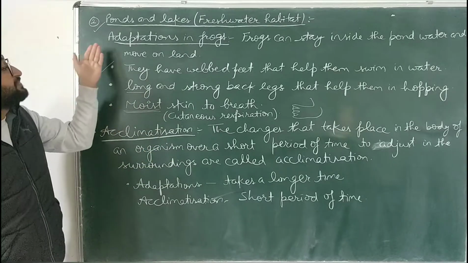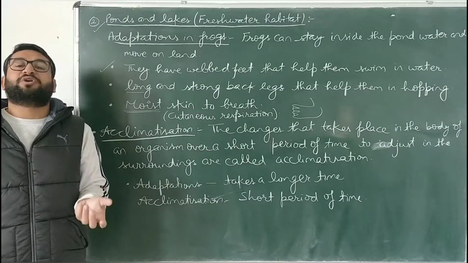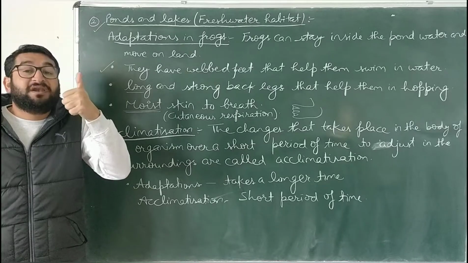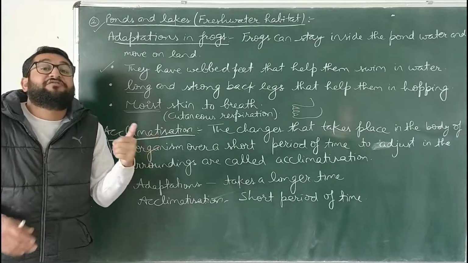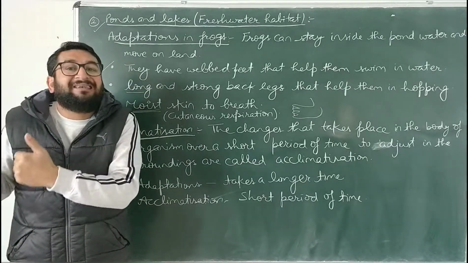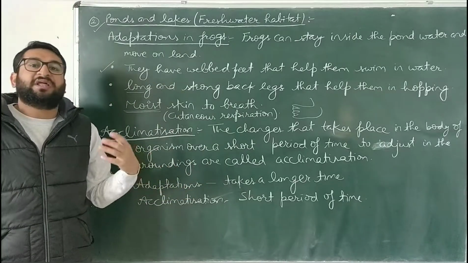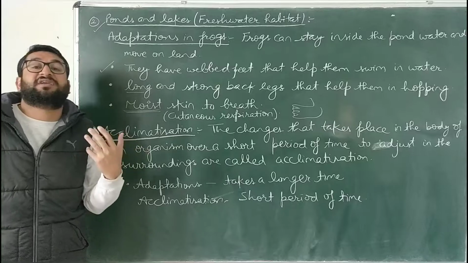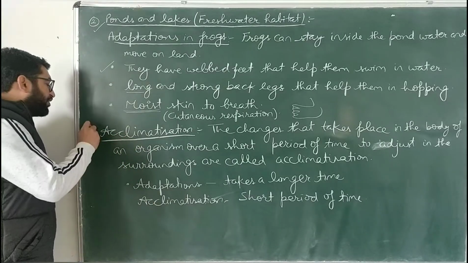So these are the adaptations in frogs which live in a freshwater habitat, that is in ponds. First, they have webbed legs so that they can swim in water. Those webbed legs act as fins. Second, they have long and strong back legs so that they can hop very easily on the land. And the third is they have moist skin to breathe in water. The next is the last topic of this chapter,